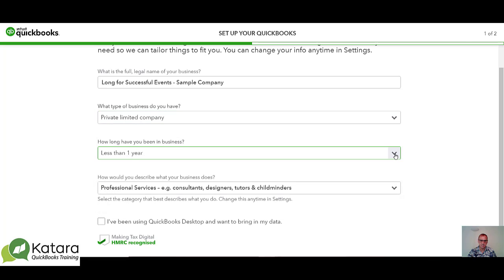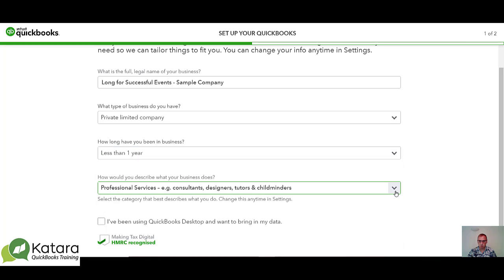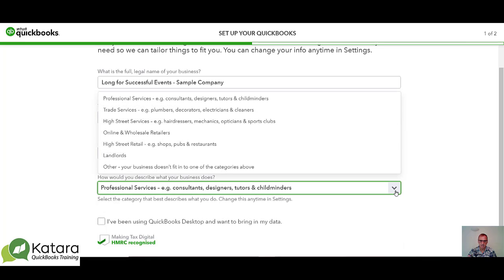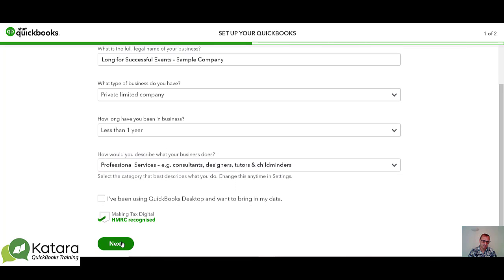The question on the length of business doesn't actually affect the settings in QuickBooks. This is purely information that is being gathered by QuickBooks themselves. But what does matter is what kind of business we are. So again, this impacts on the type of accounts that it's going to offer us initially in the setup. So it's going to give us a list of accounts it thinks we need based on these professions, these trades that are listed here. Again, it's not a big list. So pick something that's close to what you do, a service business, a product business, an online business, that kind of setting. Those are the initial settings you get in QuickBooks, and if you click Next at the bottom there,